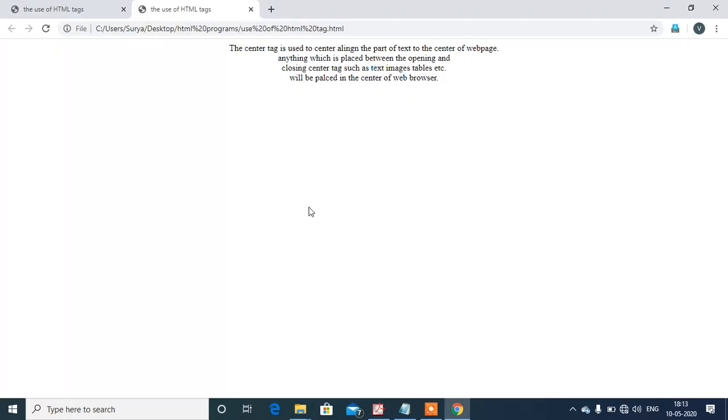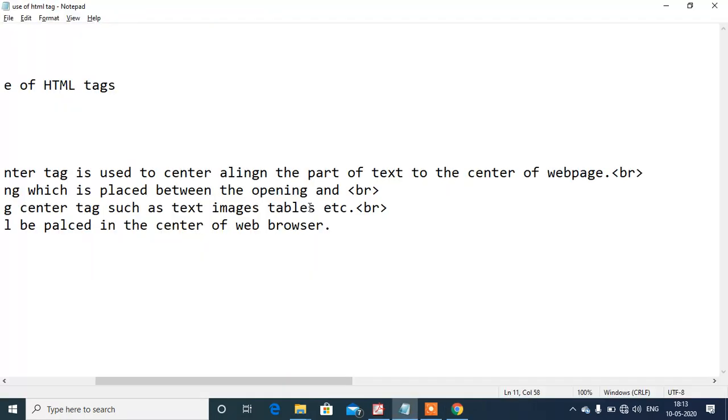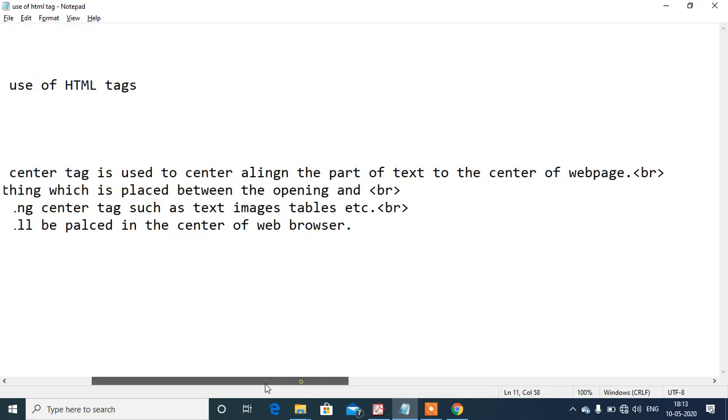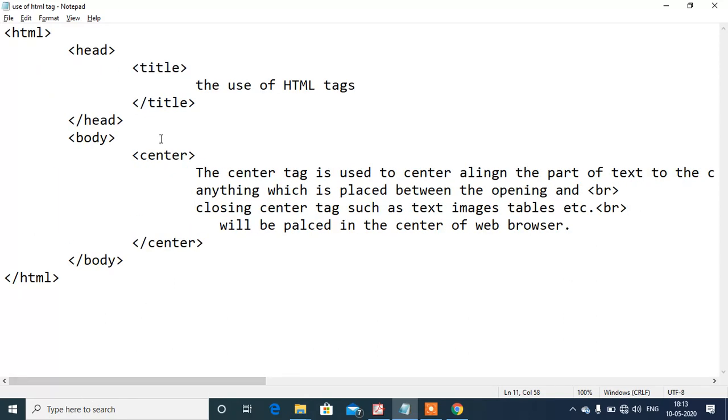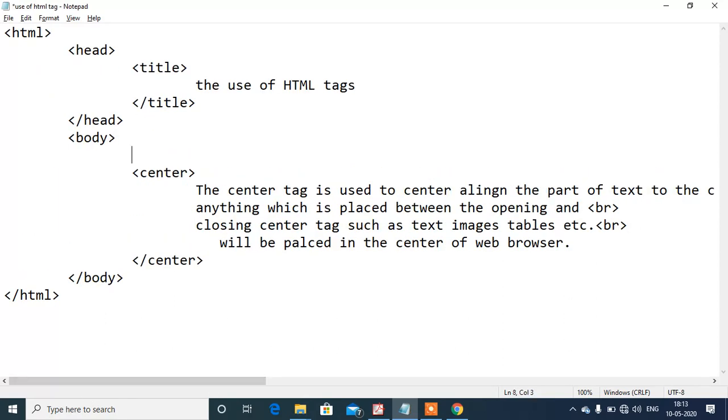Now I am going to execute it in my program. Here, before the center tag, I am writing an exclamation mark.